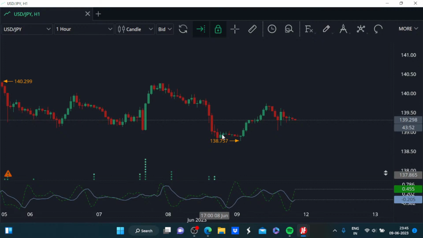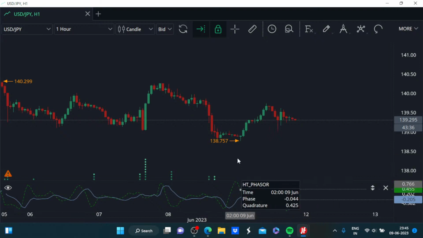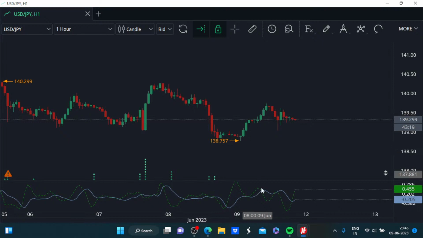But then, after things stabilized, we saw this divergence taking shape for these two components, and after a span of consolidation, as it started to move upward again, we saw these two components moving fairly close to one another and starting to move upward, indicating the bullishness of USD JPY. And this bullishness lasted till